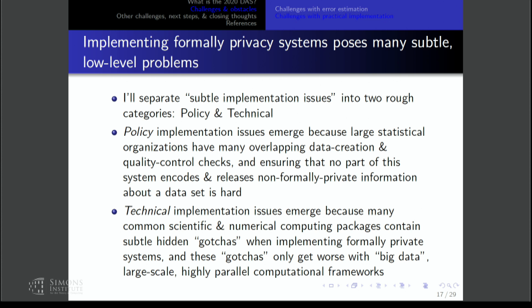So that covers the error estimation sort of practical problems topic. Now I'm going to jump into the implementation issues topic, which again, terrible name, but hopefully it'll be clear what I mean. So I'm going to articulate two major categories of practical issues that I group under this